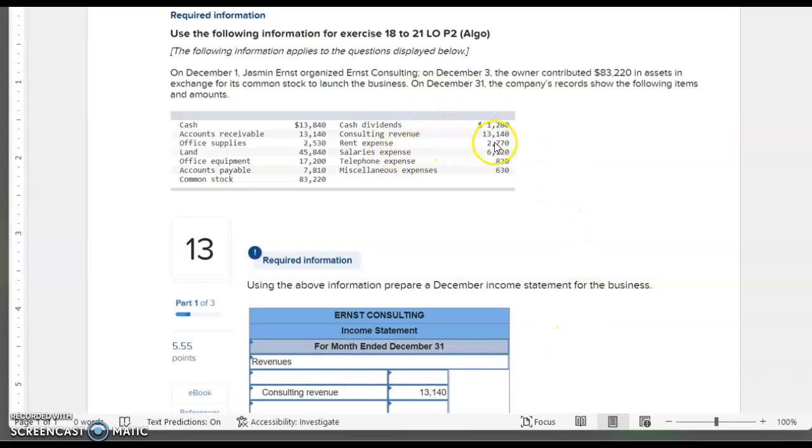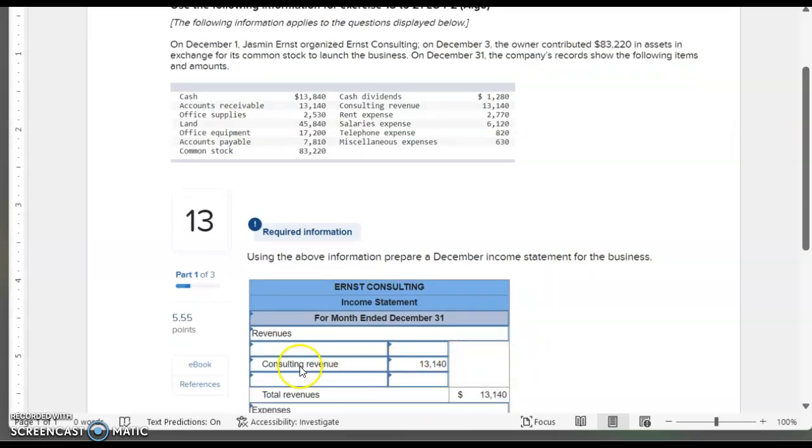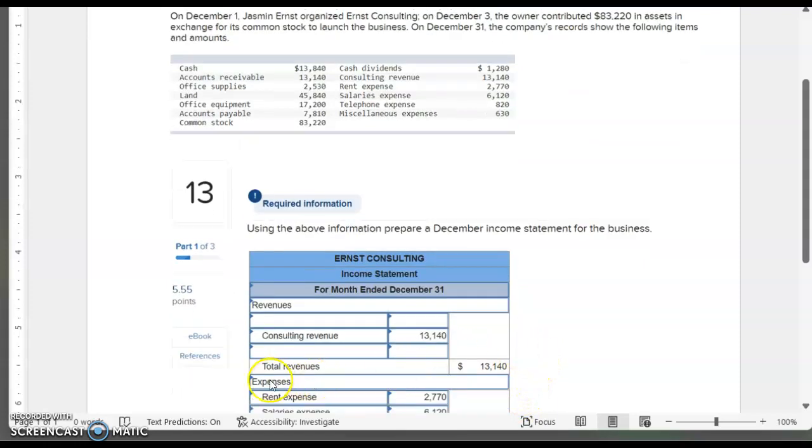Consulting revenues were $13,140, and we'll label those boxes consulting revenue and then add the amount, $13,140. That's our total revenues earned, so we would label it total revenues, $13,140. Our next category would be expenses, which we would choose from the drop-down box, and then reviewing the question